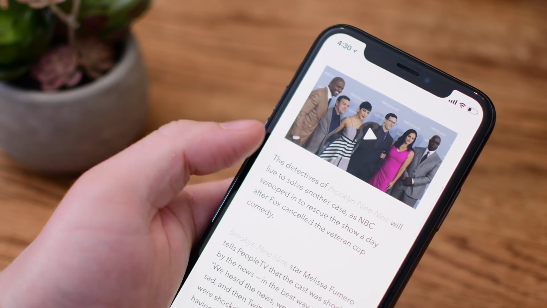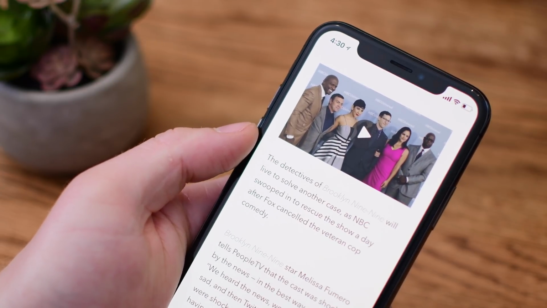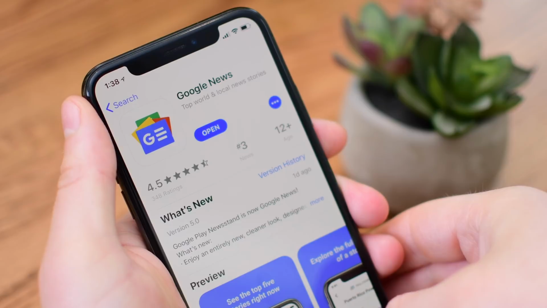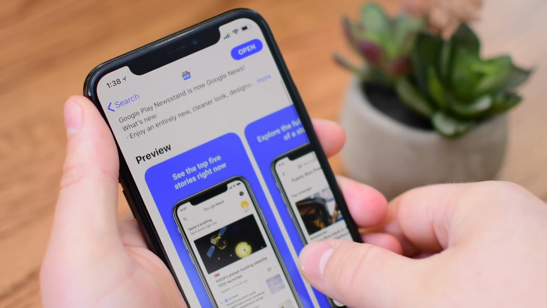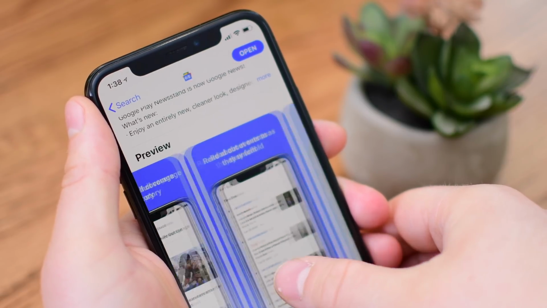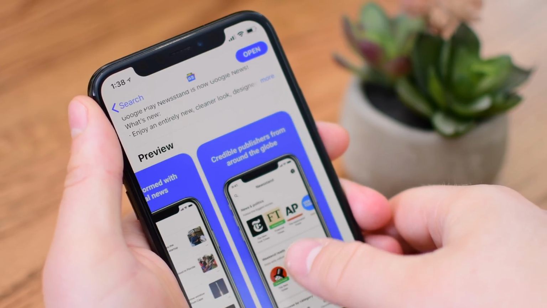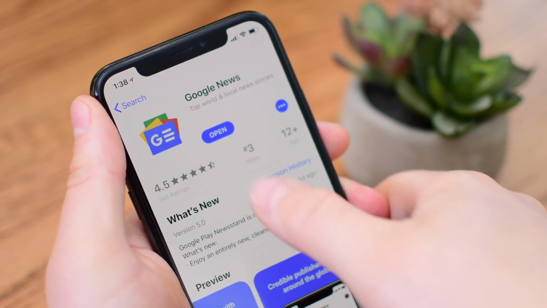Even though the Apple News app got a few new updates with iOS 11.3, Google News is for sure the newer one here, so we're going to start off with that application, then compare it to Apple News and give you our summary at the end. When you first sign in to the Google News application, you're brought to the For You